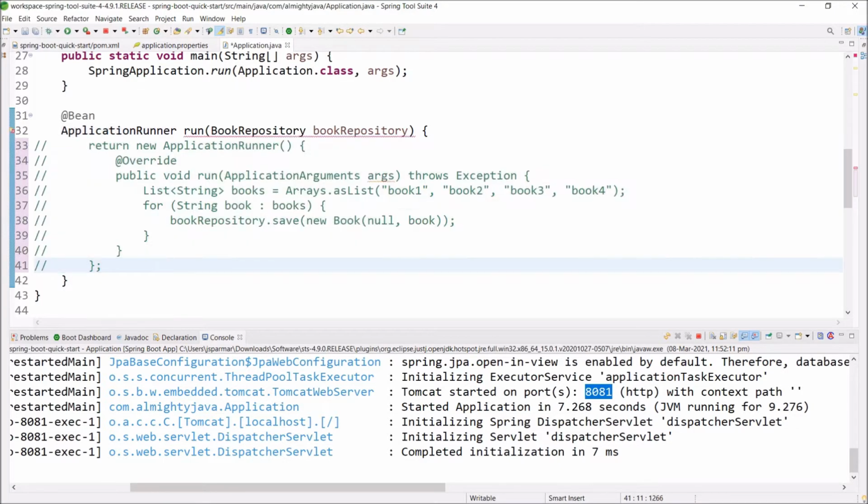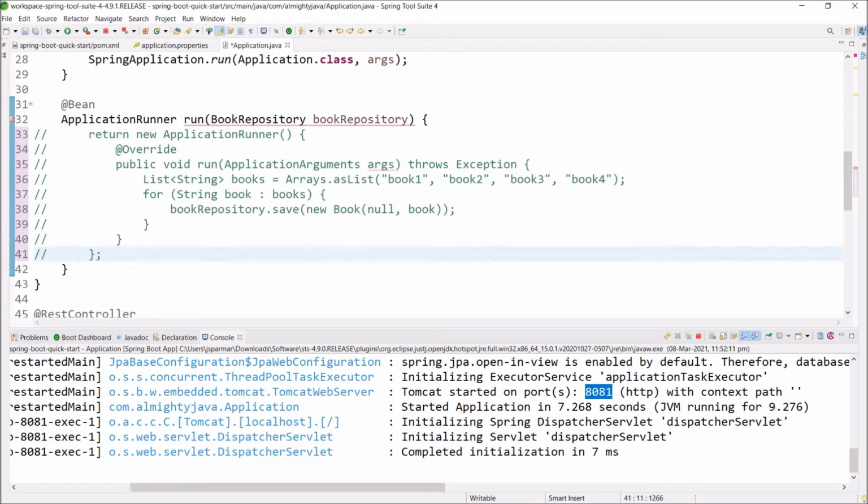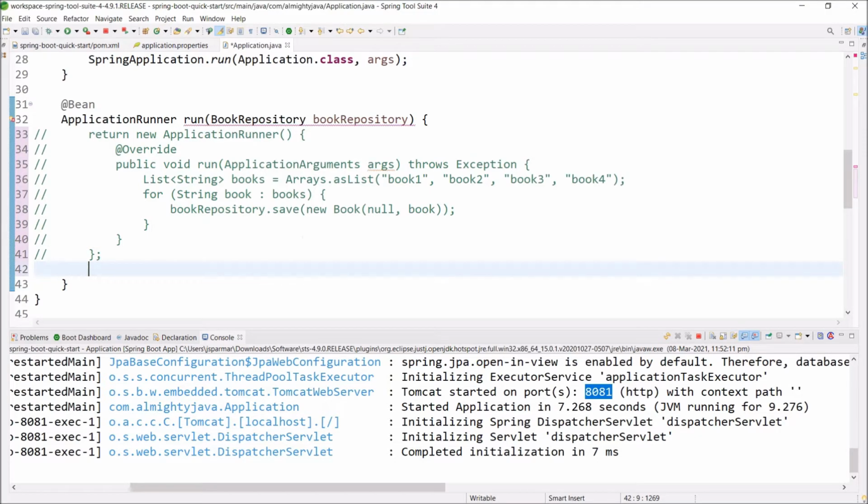So comment this code. As you can see, application runner is an interface and has only one method. That means application runner is the functional interface. So we can use a lambda expression. So no need to create the object. We can directly start from the run method. As we knew, it has only one method, so no need to mention run also. Let's see how to use lambda.